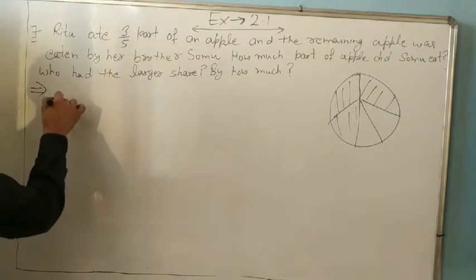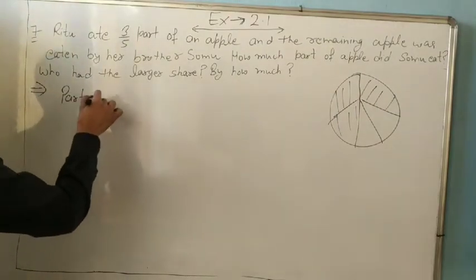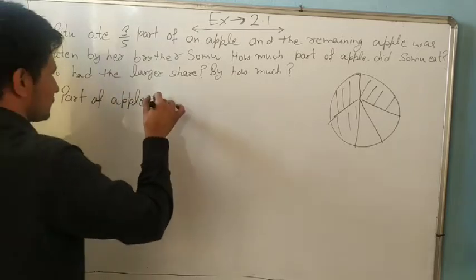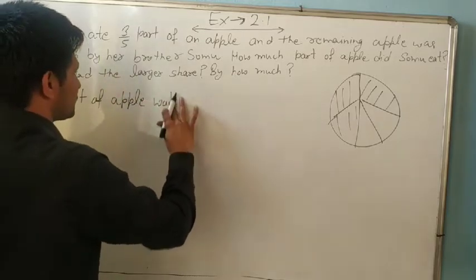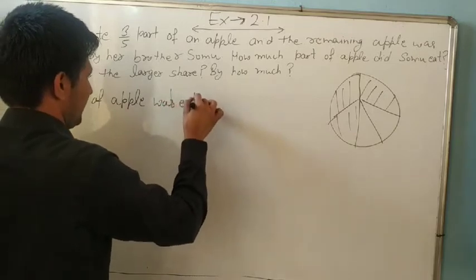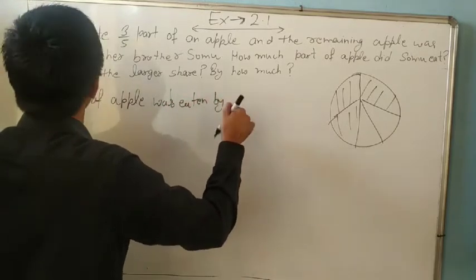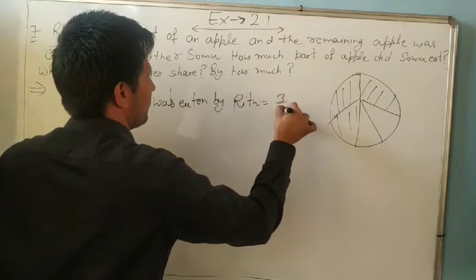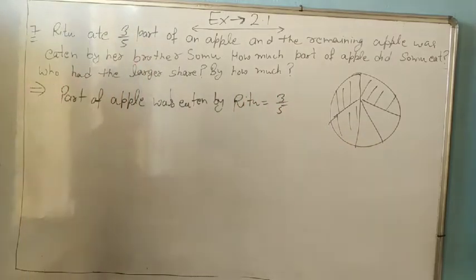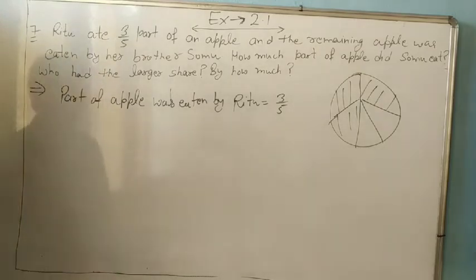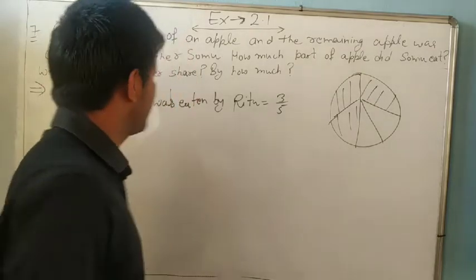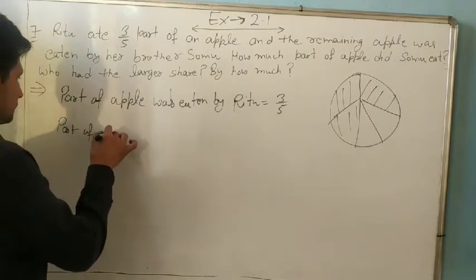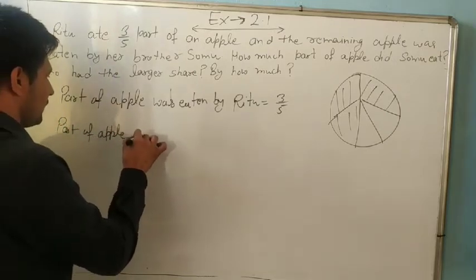So write: part of apple eaten by Ritu is 3 upon 5 part. Now we have to find how much part of the apple Somu ate. So we write: part of apple eaten by